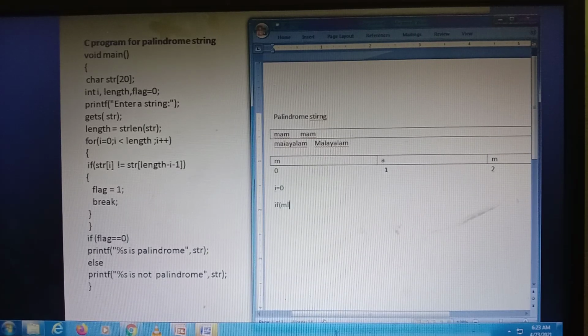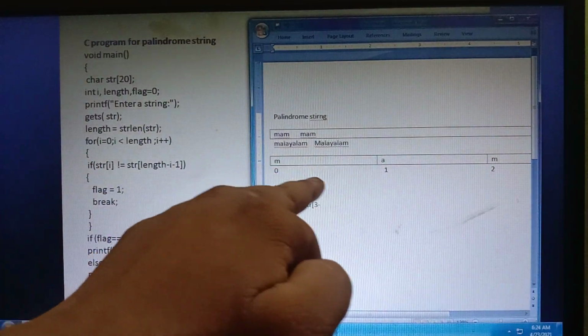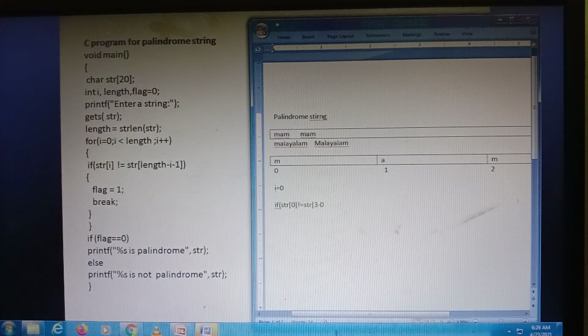So STR of 0 not equal to STR of 3 minus 0 minus 1. I am checking this one.